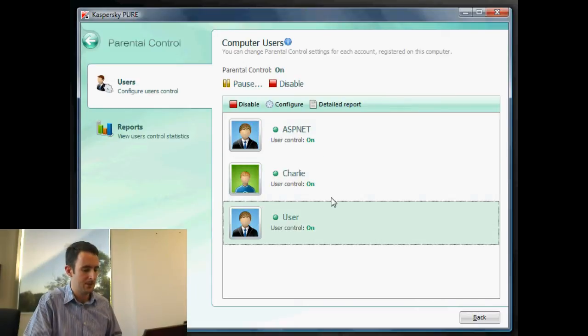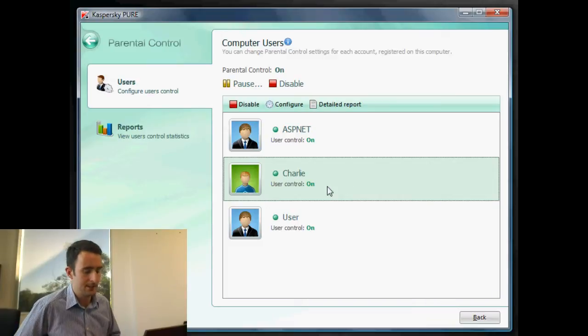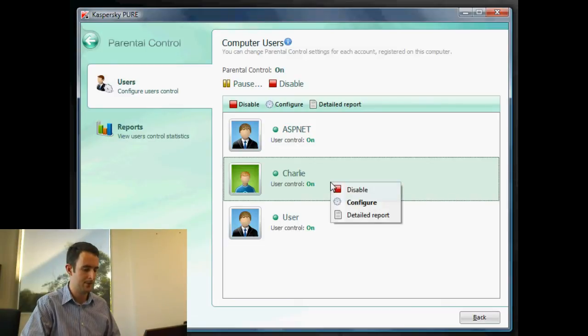and straight away I can see the users' accounts that I have on the computer. These are the two ones which actually get used. That one's a hidden account. So Charlie, who is my son, and myself. So I'm just going to have a look at Charlie's account